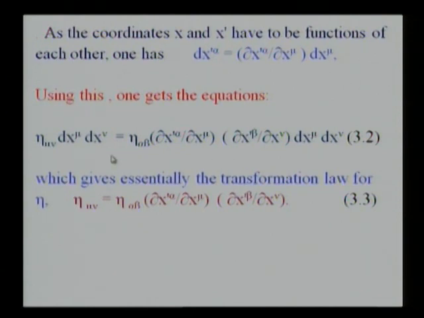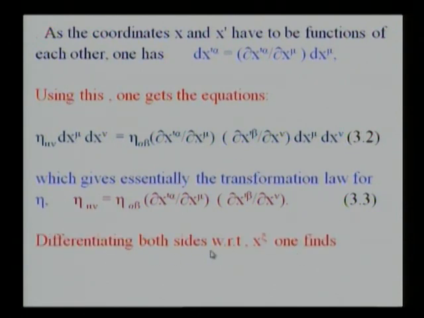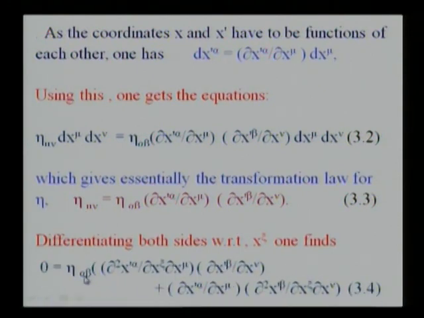Because what really happens is, when you take this into the picture, alpha and beta are dummy indices here, and now you can change mu and nu cyclically. You take, say for example, one more coordinate x xi, you can write three equations, and then making some algebraic trick, you can get that this relation is given by this. This means that this Minkowski metric eta mu nu, also called the flat space metric, transforms in this form. Now, differentiating both sides with respect to x xi, one finds that the derivative of eta alpha beta is 0 on this side because it is constant. You have this, and two other equations similarly,